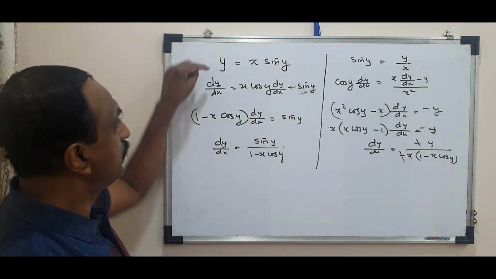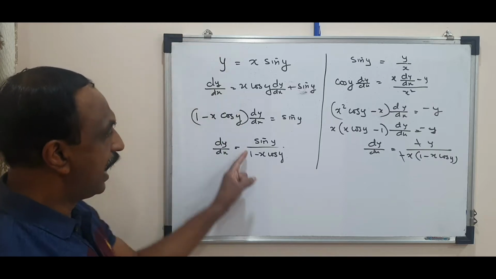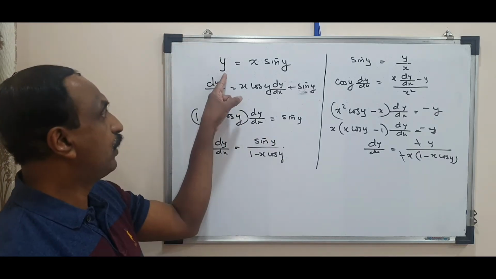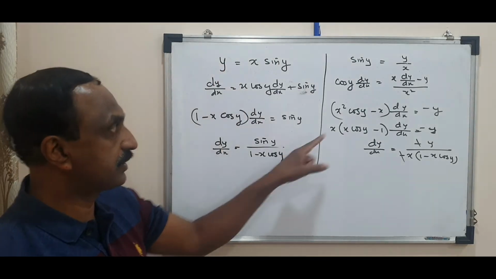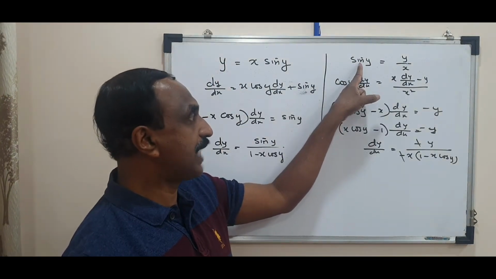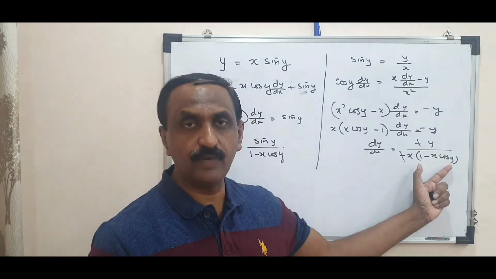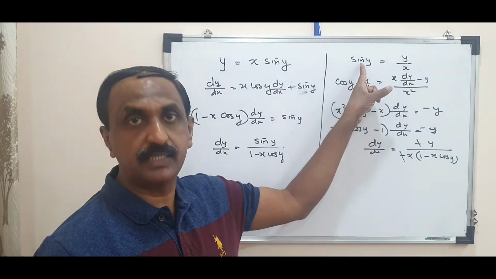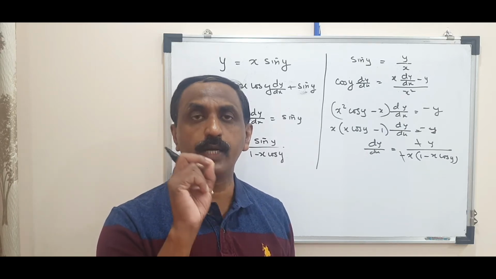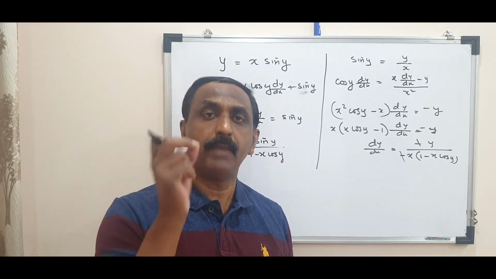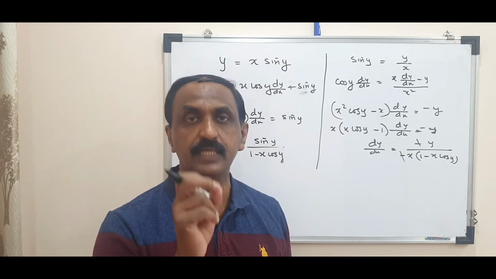What do you notice here? The function had y in it. The answer doesn't have y in it. So if I want y not to be present in my answer, I should keep y as a subject. My question has got sine y. My answer has no sine y in it. So what I did, I made sine y as a subject and differentiated. So whenever I do not want a particular term in my answer, make that term the subject and differentiate. That is a technique we have.